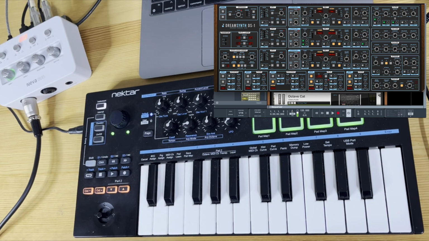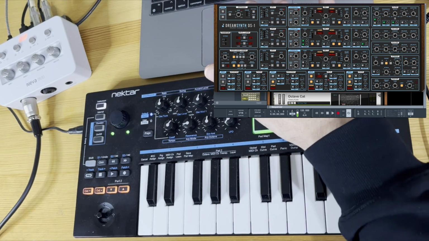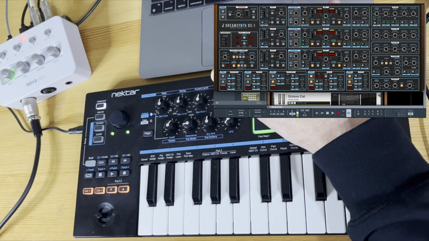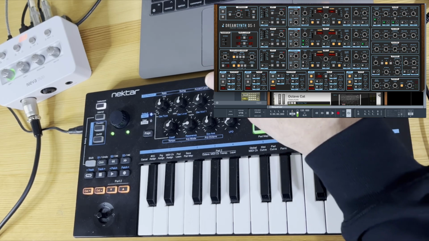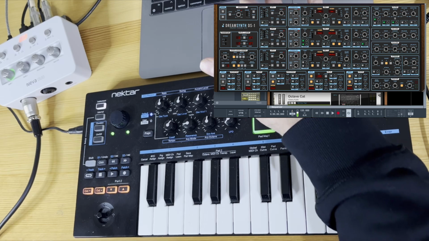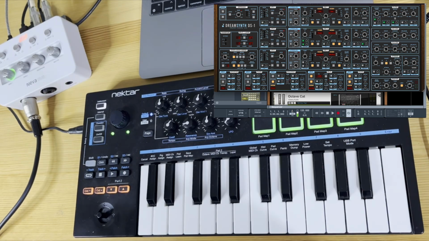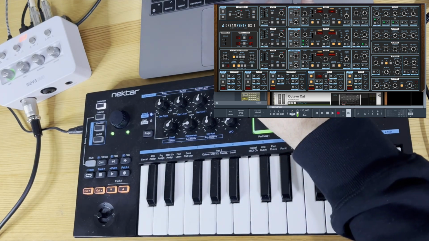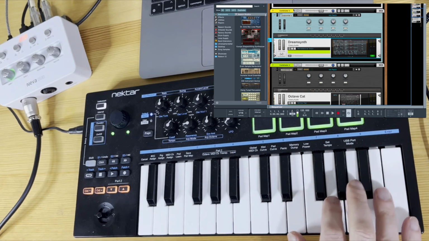You've got your 3 different oscillators up there, and you've got envelopes for filter and amp, your filter section, a separate string section, and then you've got your LFOs and other bits and pieces with your synth voice, and you've got some effects along the bottom. So you've got distortion, phaser, modulation, delay and reverb, which means you can come up with some pretty amazing stuff. And what I'm going to do is